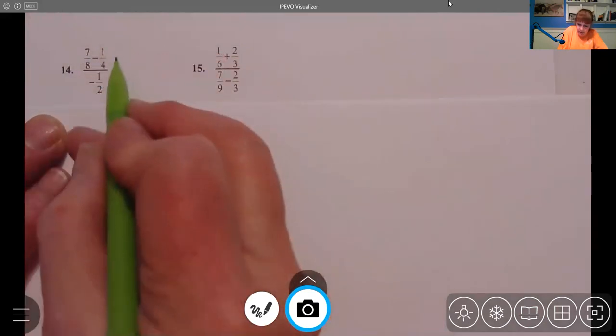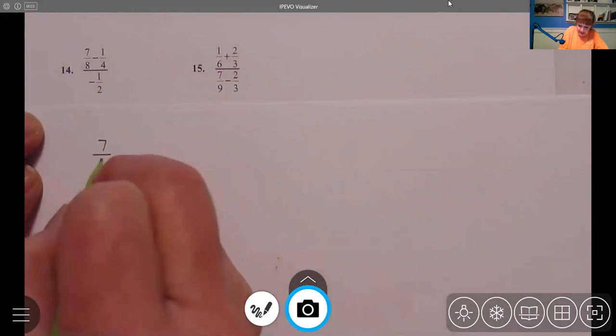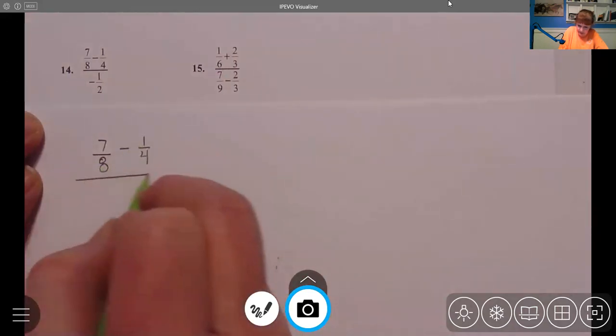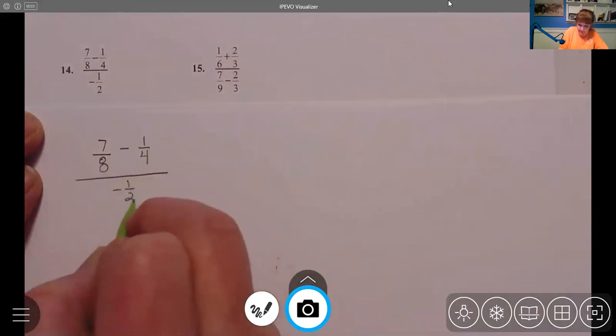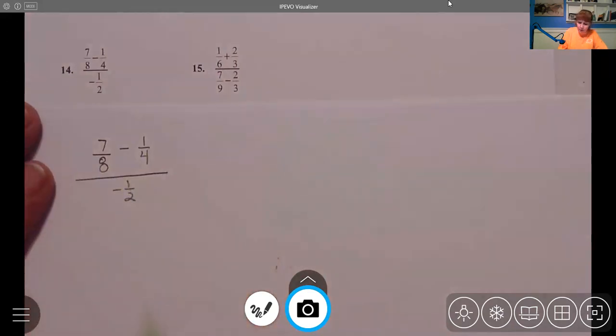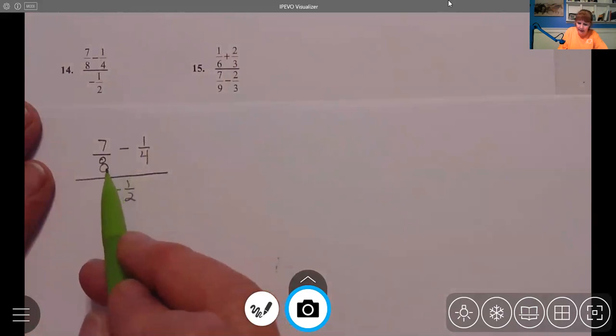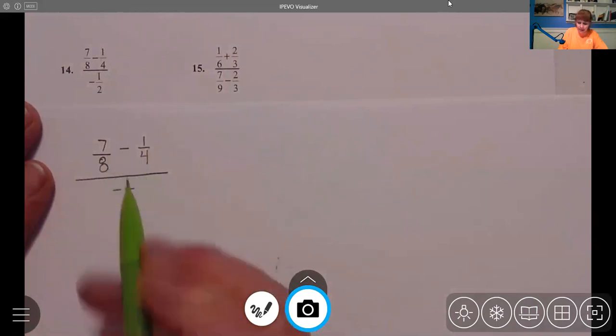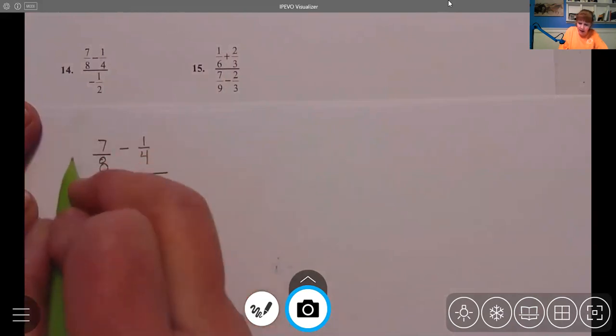We're going to multiply by the number 1. So I'm going to take 7/8 minus 1/4 divided by -1/2. So what I'm going to do is, I know that 8, 4, and 2 will all go into 8. So I'm going to multiply by